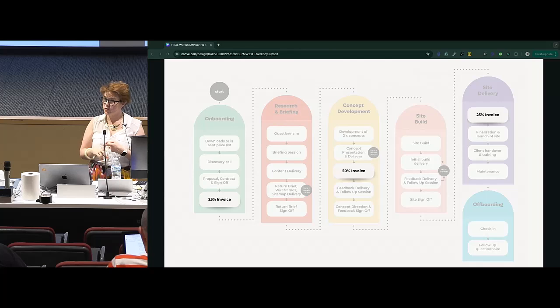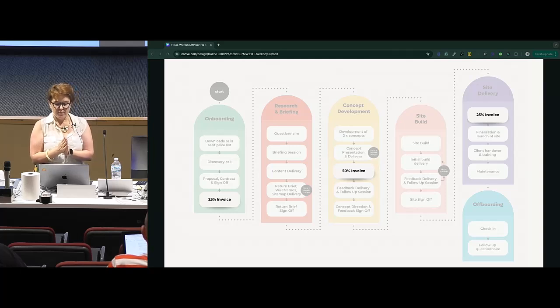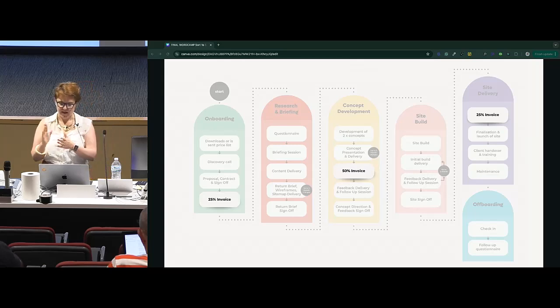Whereas if I invoice 25% upfront, they can pay me on a credit card, because it can just take a really long time to get into a public sector organisation's finance system. So if I invoice 50% upfront, the project stalls. If I invoice 25% upfront, I can get started straight away.